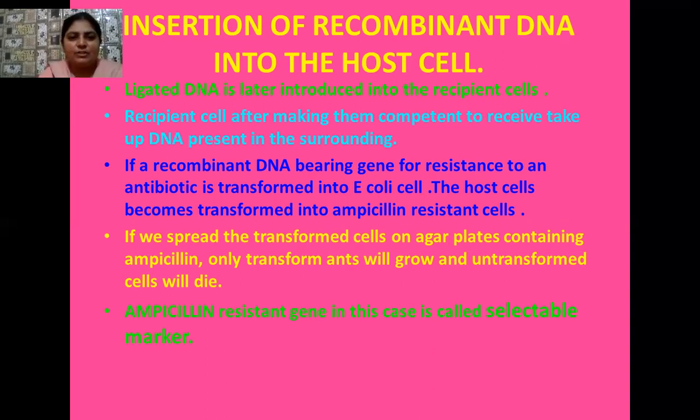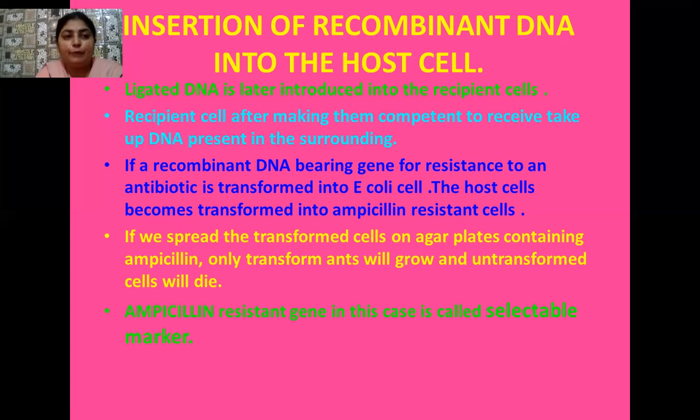Okay students, if you have transferred an antibiotic resistant gene, and suppose that antibiotic resistant gene is the ampicillin resistant gene, then you know that you can check the progeny cells of the host, whether they become transformants or non-transformants. For this purpose we adopt the traditional method of plating of antibiotics. Here we make 3 plates ready on which we pour some agar-agar medium, and later we allow the growth of transformants and non-transformants over that plate.